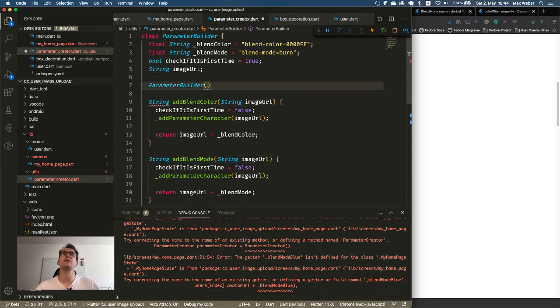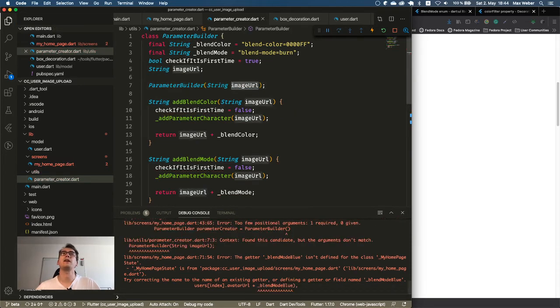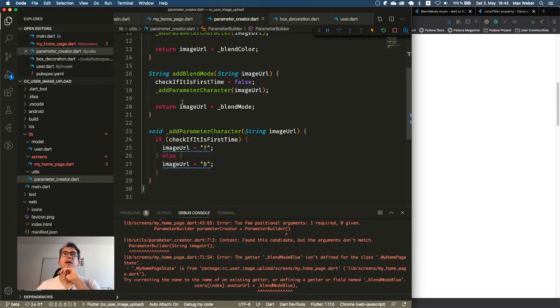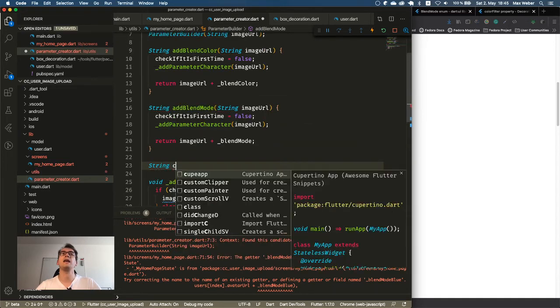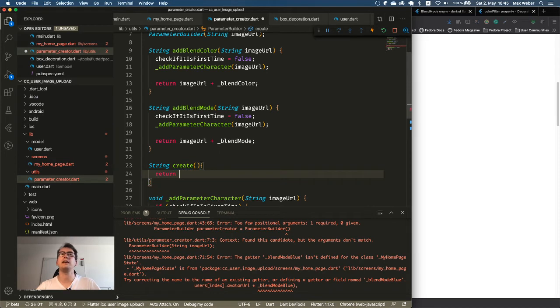I can just make it a named constructor and finish it off. Because what I want to do, and no, it can't be named because I need to require this one. Because what I want to do is I want that we just create the parameter builder and we only return that thing when we call a method called create. And this will return at the end the new image URL that we have on top.